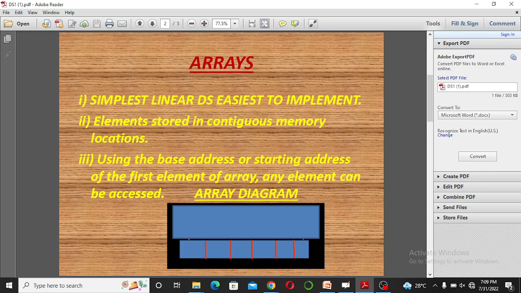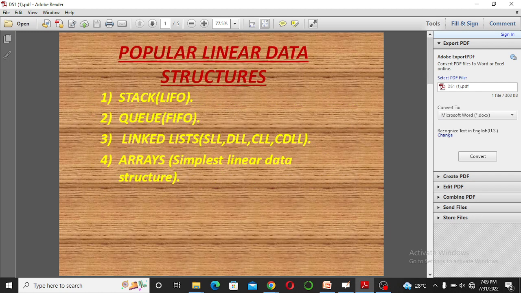So now, first of all comes our arrays. It is the simplest data structure. But before that, I would like to state the names. As most of you will know, these are linear data structures, and data structures are of two types: linear and non-linear. There are some data structures which can act as both linear and non-linear, like hash tables. So now, the popular linear data structures are stack, which follows the LIFO principle, queue, that follows